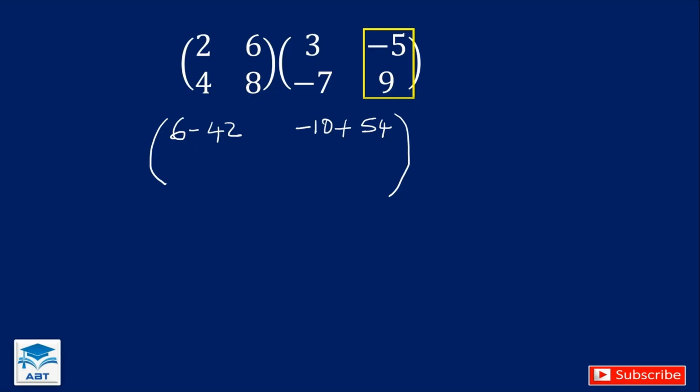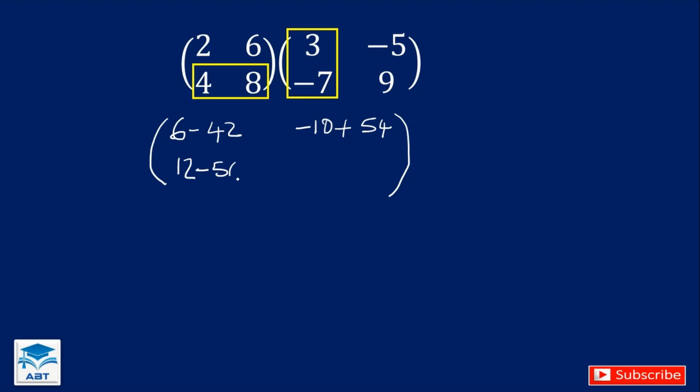We add them. And we choose the second row of the first matrix and multiply it by the first column of the second matrix. That is 4 times 3, giving 12. And 8 times -7, which gives -56. And again multiply the same row again by the second column of the second matrix. That is 4 times -5, giving -20, and 8 times 9, giving